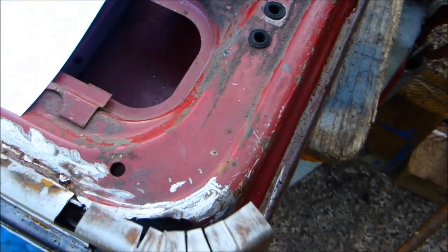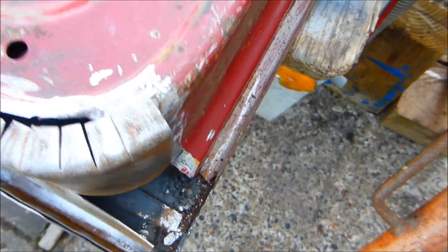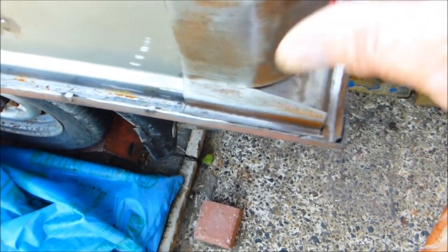This one fits in, and obviously that will be welded. That'll be welded into there and along here and along the top. That will just push in. And this one, which is pre-shaped, you can see that will go into there and slot in. Sorry, difficult holding the camera and doing this. Let's just put that one in and then slot that down, and you'll see that once that is tacked together,